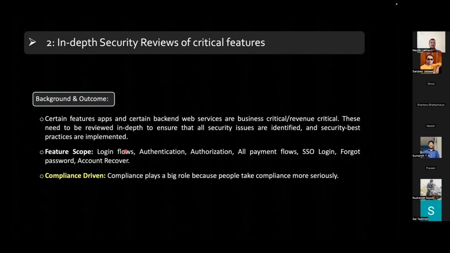For example, compliance is more of a broader activity, but compliance will also have four or five different actions to be implemented in terms of product security and application security. It could be implementation of a WAF, or review of certain critical features. So whatever your compliance needs are, you can connect to compliance and say that we are going to perform a deep dive or security review of those features.